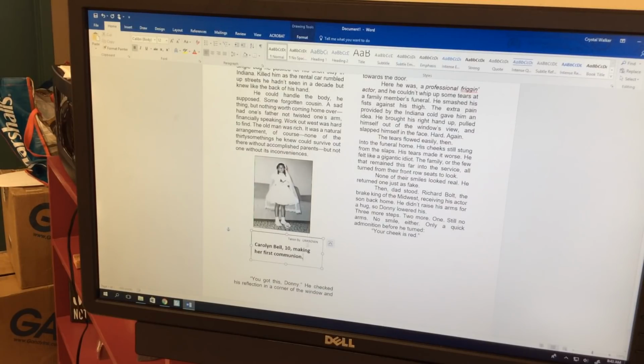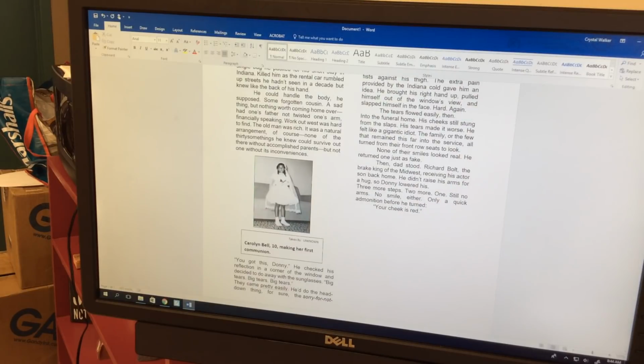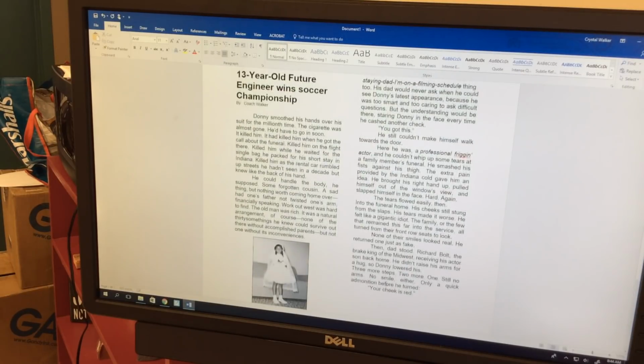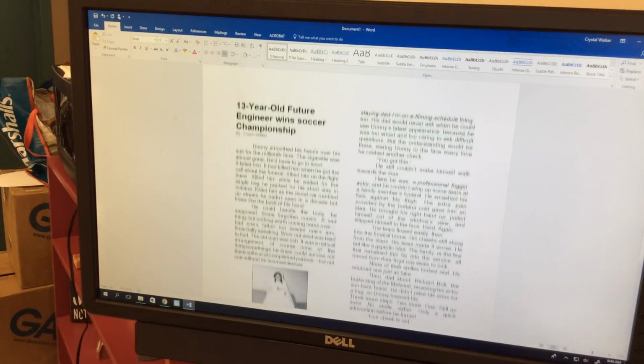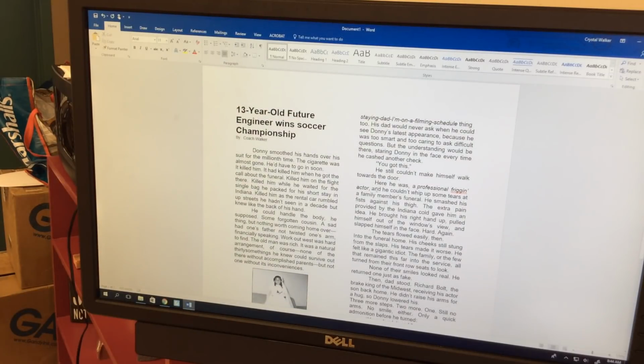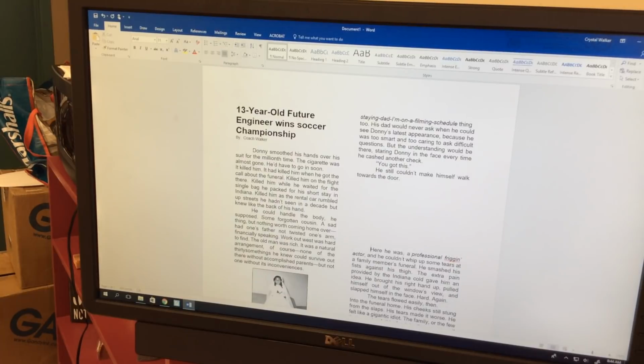Okay, now that font is a little too big, so I'm going to make it smaller. Okay, there we go. So I want that pushed all the way until it's like that. Okay, once you have your first cut line, you made your space, go ahead and do that. Now I'm going to go in between the paragraphs again, make space for my next picture